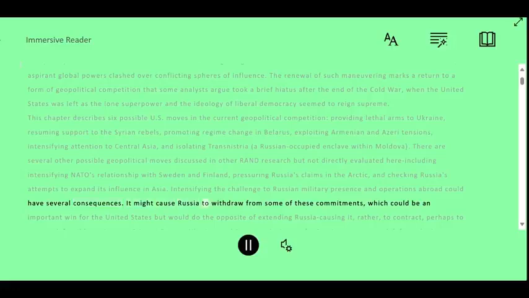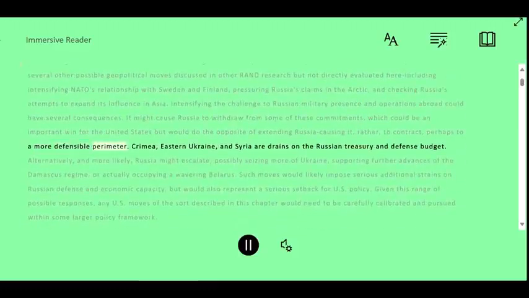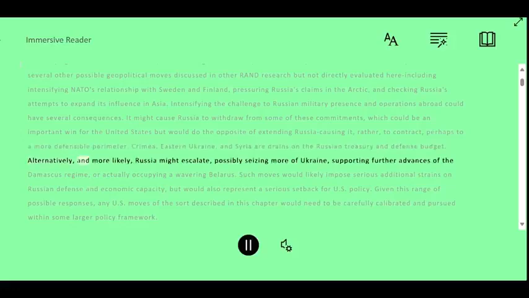It might cause Russia to withdraw from some of these commitments, which could be an important win for the United States, but would do the opposite of extending Russia, causing it, rather, to contract, perhaps to a more defensible perimeter. Crimea, eastern Ukraine, and Syria are drains on the Russian treasury and defense budget. Alternatively, and more likely,